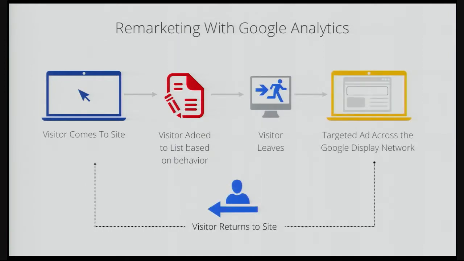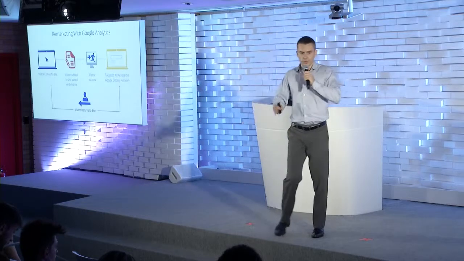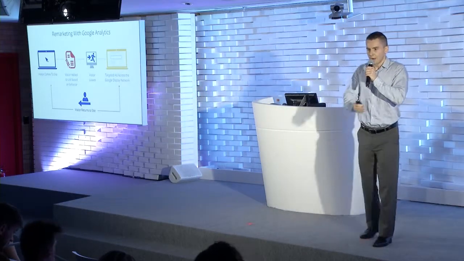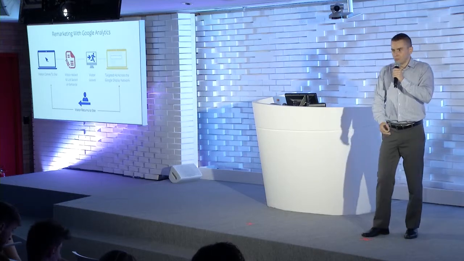Remarketing, basically, is when you link your AdWords account and your Google Analytics account, and you'll be able to create remarketing lists inside Google Analytics. Those remarketing lists are basically advanced segments that you create by querying all the data that is in Google Analytics. It's very, very exciting, because Google Analytics tracks everything. It tracks how many times a user has been to your site, how much time they spent over their lifetime, what activity they've done, what keyword they used to come to your site. So you can use all this data to find interesting segments. And then you can use those segments to create campaigns to retarget those users across the entire Google Display Network.